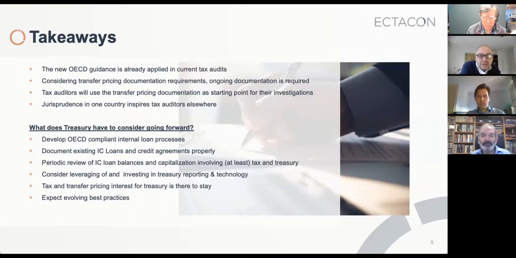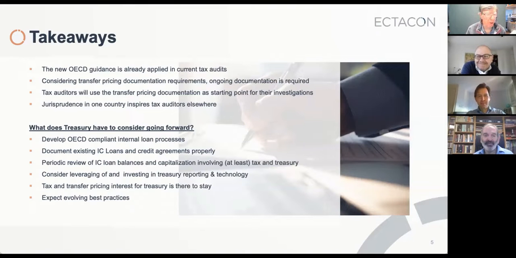My takeaway is there is no time to lose. As we have said, the OECD guidelines are already taken as guidance for current audits. So expect that will grow in the coming years. It's not 5 years from now. So get your house in order so that you don't have to scramble for the evidence or reconstruct the evidence if and when tax authorities come along. The other takeaway that I see here is that tax and treasury will grow together. They will have to coordinate and collaborate much closer together in the coming years than ever before.